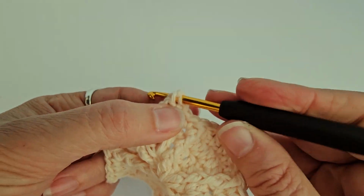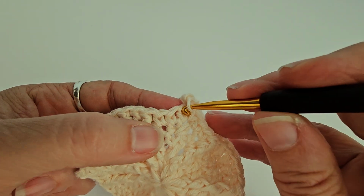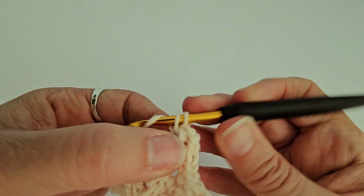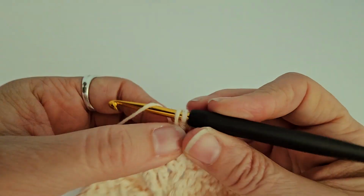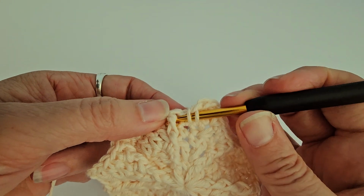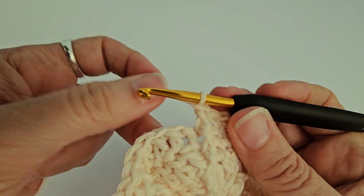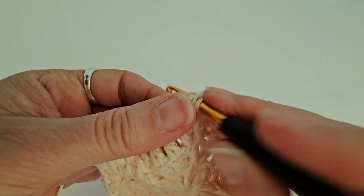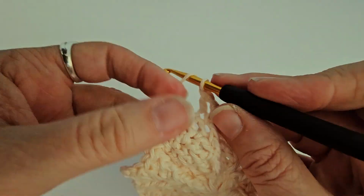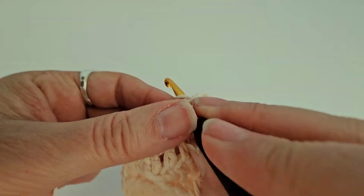Start with a single over the joining single, a single in the next 2 stitches. Okay, we're going to skip that next stitch and go straight to doing a front post double around that front post double. We're going to do a double in the next 2 stitches, 1, 2, and in the middle one we're going to do a